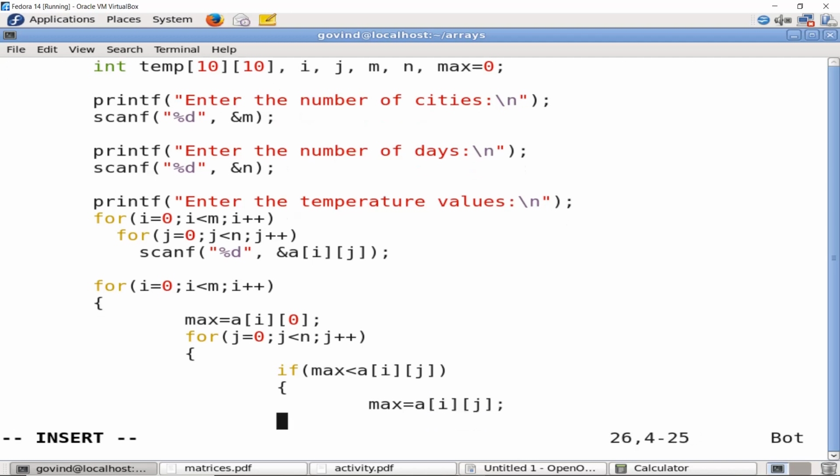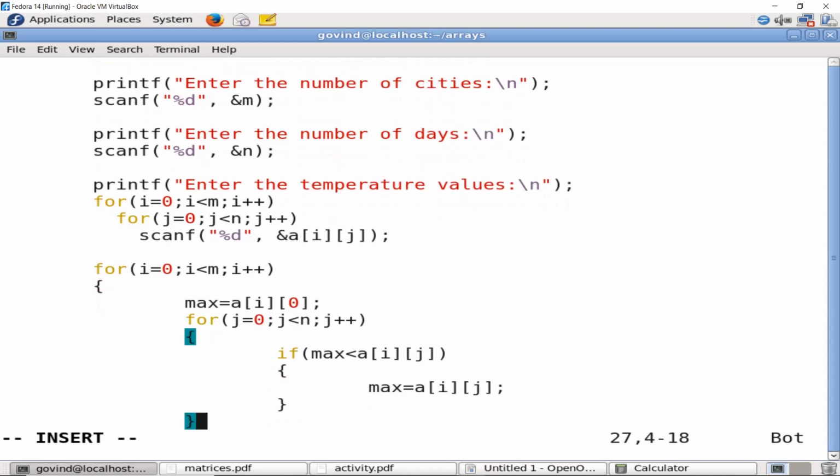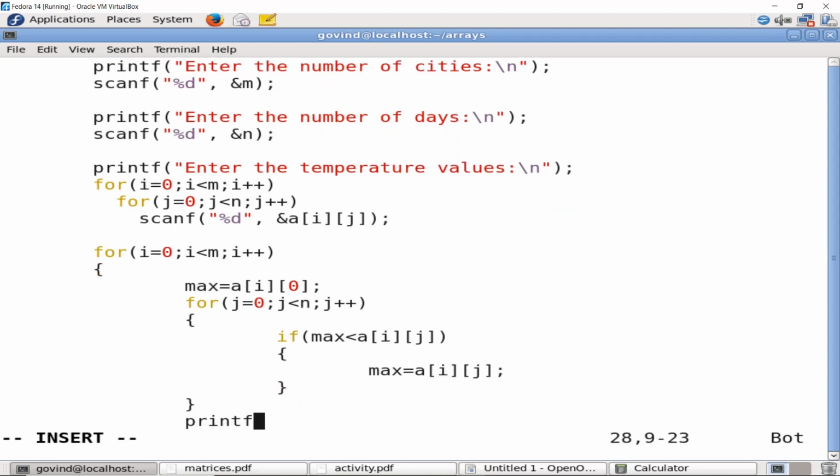That's it. At the end of this, I should print the maximum. Max temperature recorded for city percentage d, where city represents the i value, is percentage d backslash n.